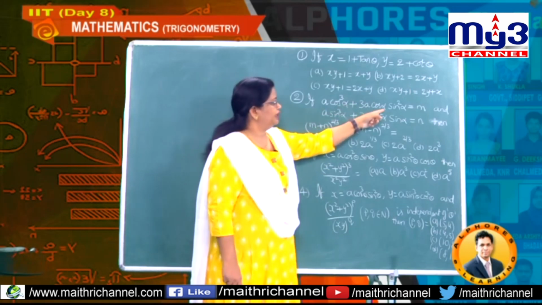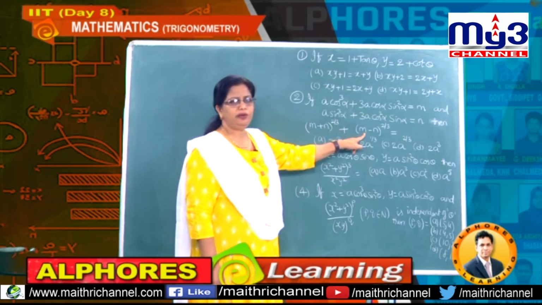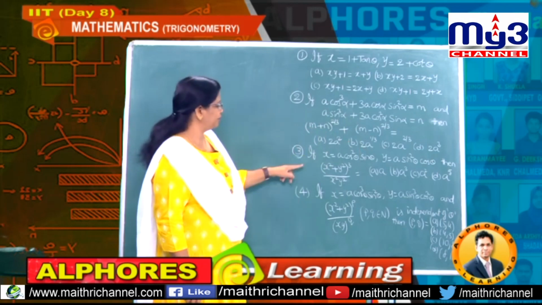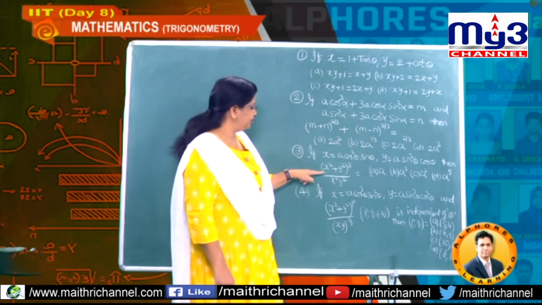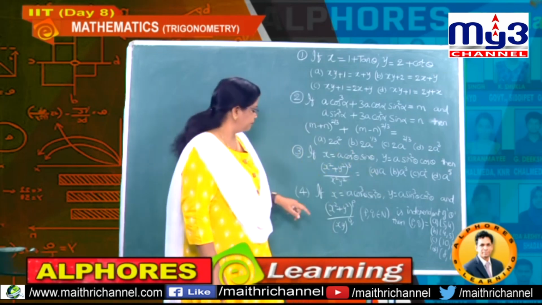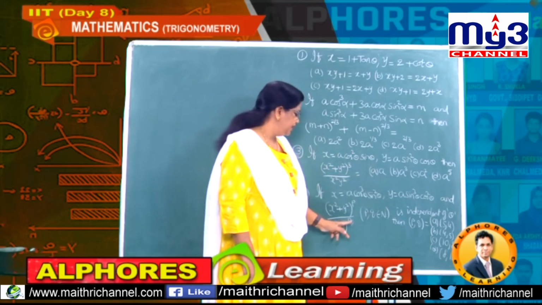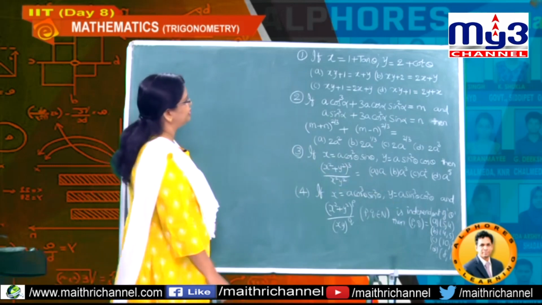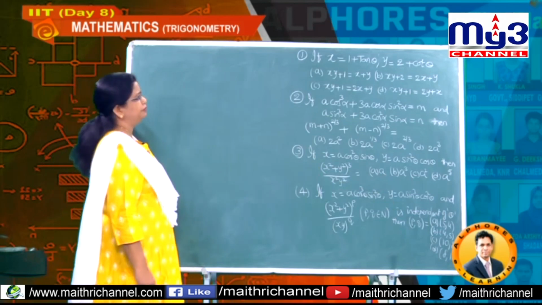Here the variable or parameter is nothing but alpha. Observe this question, there is no alpha in the question, and in the options also there is no alpha at all. Now in the third problem, the parameter is theta, and observe in the question there is no theta value, in the options also no theta. Now in the fourth question also theta is the parameter, and here they are asking the problem in this way. So let us start these problems one by one. Students, for the first problem, first I will do the direct procedure, later I will tell about the short procedure also.